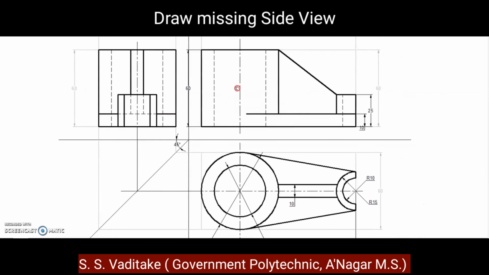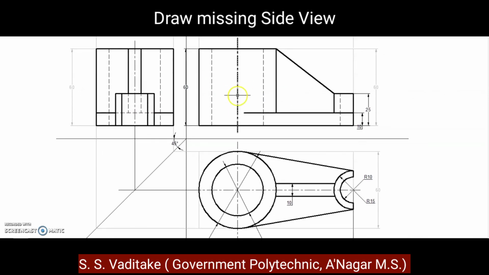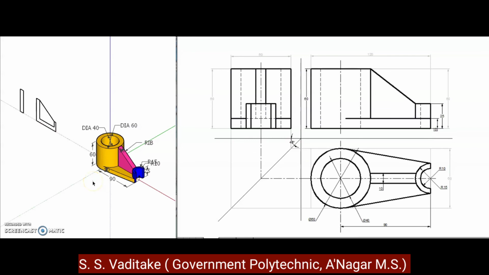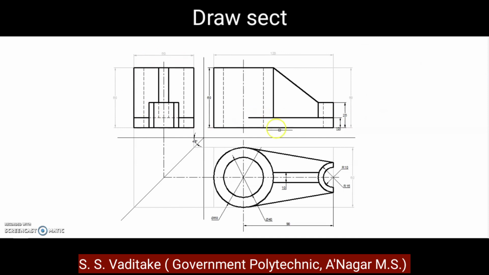Now we have to draw the sectional front view. So for sectional front view, the cutting plane cuts the material here, bottom plate and here. So within this region, from this to this and this region we have to show hatching line. Now we have to draw a sectional front view. While we are drawing this front view and top view at initial level, draw this front view very faint.